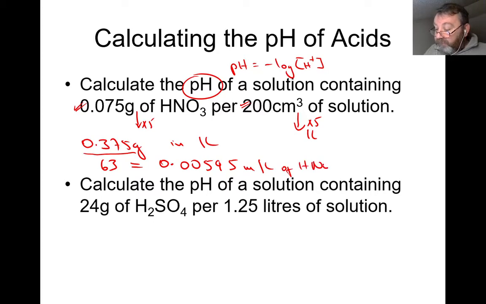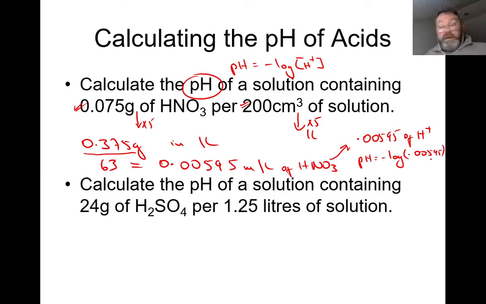That's the acid. Okay. Now, how many hydrogens does it contain? It only contains 1. So straight away, it'll also be 0.00595 of H+,